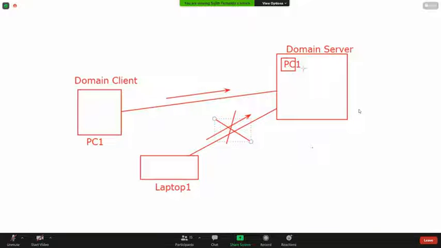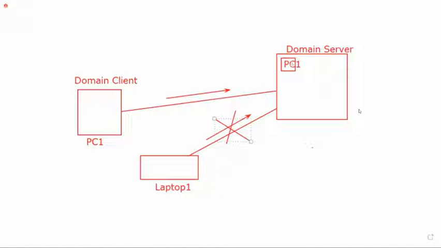A request comes from another client, machine or laptop, and the server checks whether it's already in the domain. If the object is there, it will communicate. If the request comes from an object which is not recorded here, it will not process it.